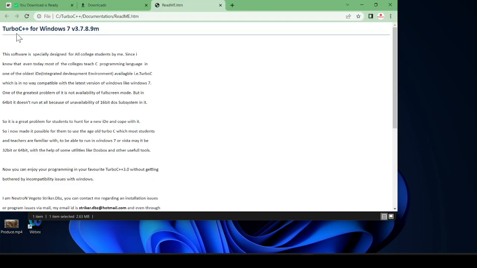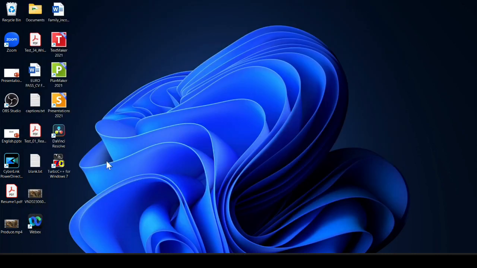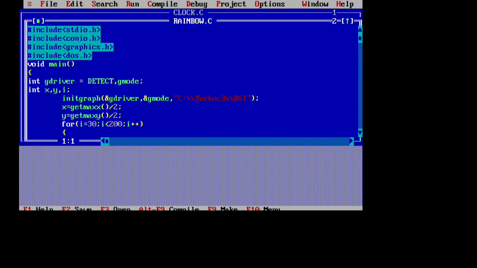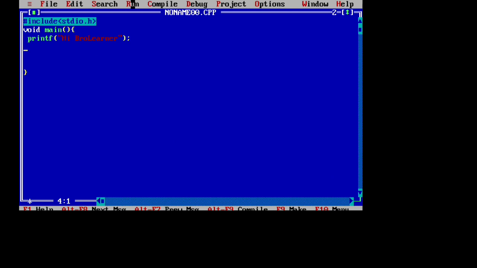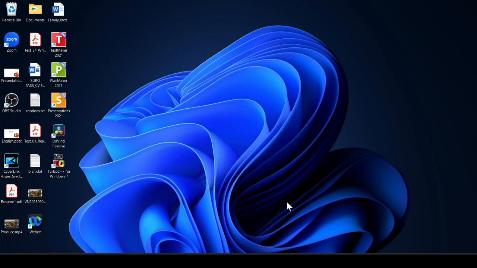or it is the readme file. You can read. Now you can see Turbo C++ is successfully installed. Just double click on it. This is the interface of Turbo C++. To escape from Turbo C++, you need to enter Alt plus Enter. Okay. Now I just cut this out, and this is how you can download and install Turbo C++ in Windows